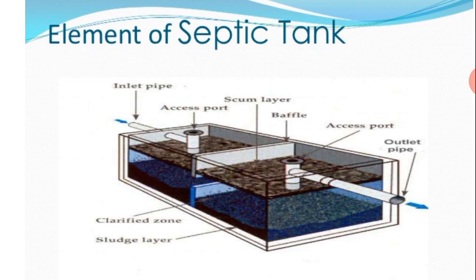I already said it has two compartments. The two compartments are divided with the help of the baffle walls. That baffle wall is made up of, I already said, masonry structures. So in another point you have the access port. If you want to remove any of the sludge or wastewater from either of the two tanks, then it can be removed with the access point only, or sometimes these access points can be used for inspection purposes. Most of the time, if the septic tank is not working,